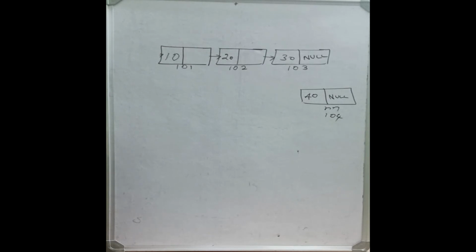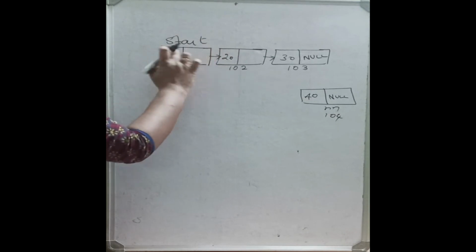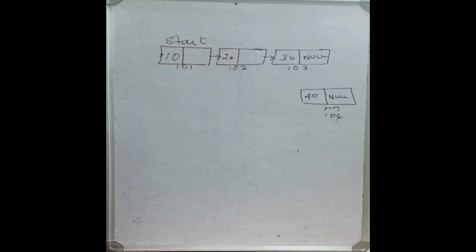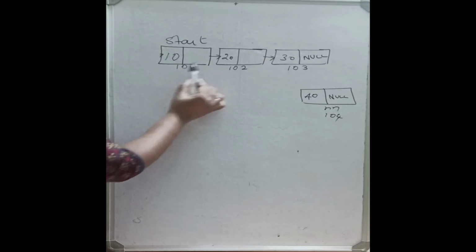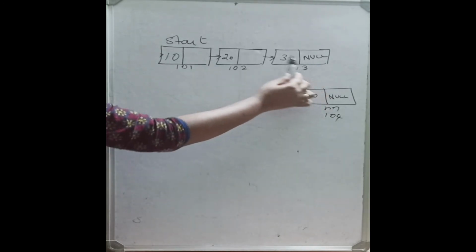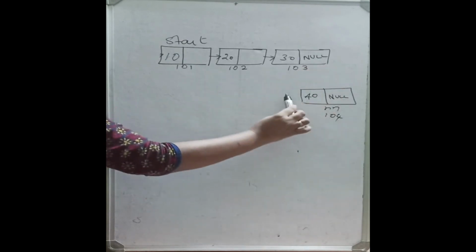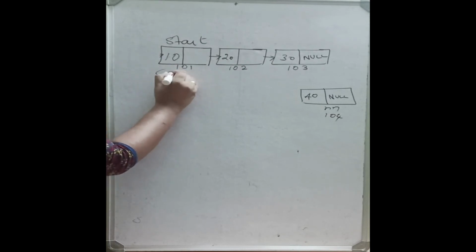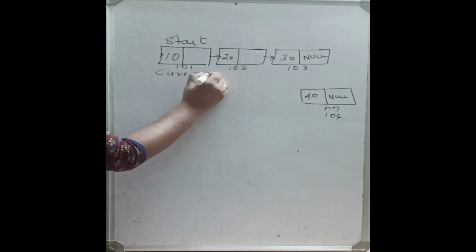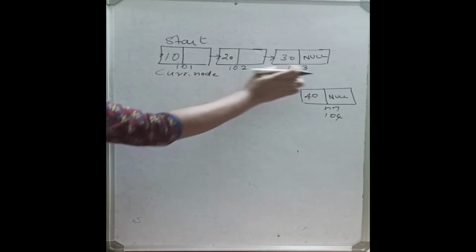So I have to bring one pointer. The start pointer is always pointing to this, so you should not touch this pointer. I have to use one more pointer. Starting from here, I have to bring one more pointer to the last node. From that pointer's link we have to attach this new node. So what pointer am I going to use? I'll use current node for this. So I have to bring it till the end.